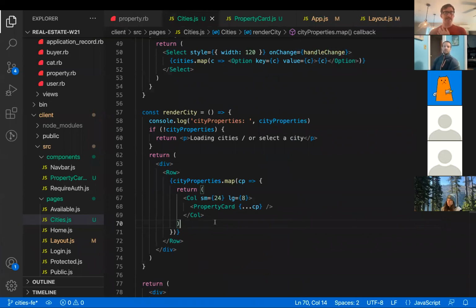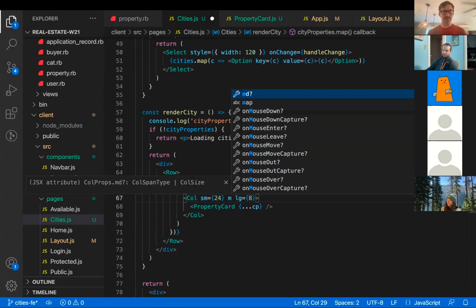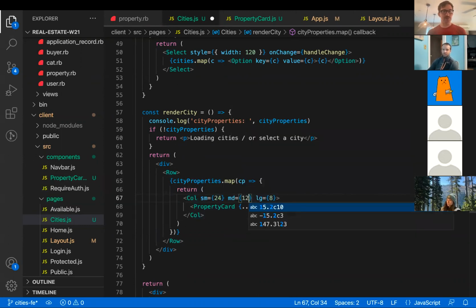So just going in line with Ant Design, I have the row, and inside of where I'm mapping over my property cards, I'm going to wrap those in a column. Now, this is just more of a demo. This doesn't really look great,